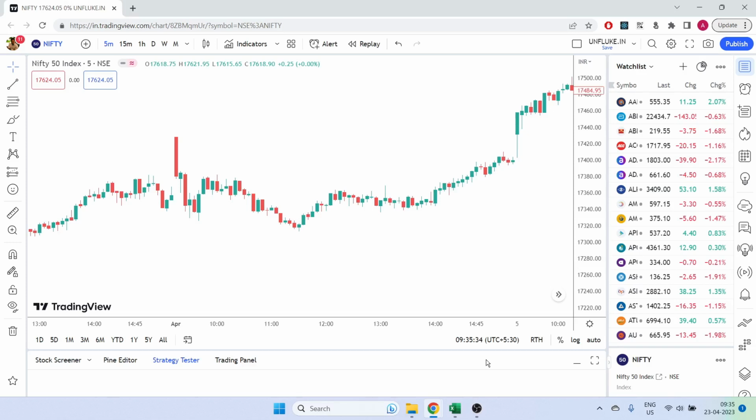Today I'm going to show you how to backtest the open is equal to high strategy. This is a strategy in which basically we look for a candle. So let's say I'm putting 5-minute time frame and I want to take the trades after 3 candles just to give me a confirmation. So if you see here,